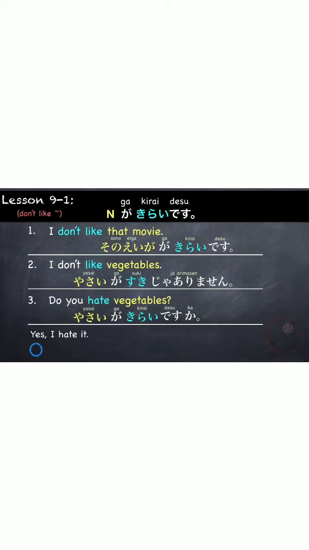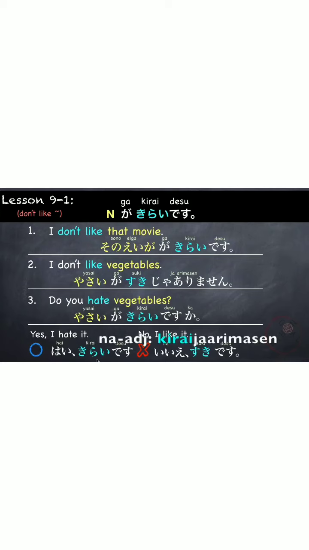Yes, I hate it. はい、嫌いです。Or the opposite is, no, I actually like vegetables. いいえ、好きです。Or いいえ、嫌いじゃありません。Remember that 嫌い is an adjective. So the negative form of 嫌い is 嫌いじゃありません。